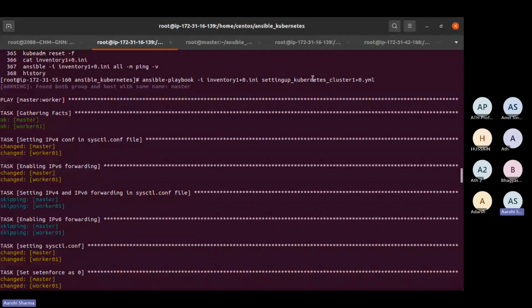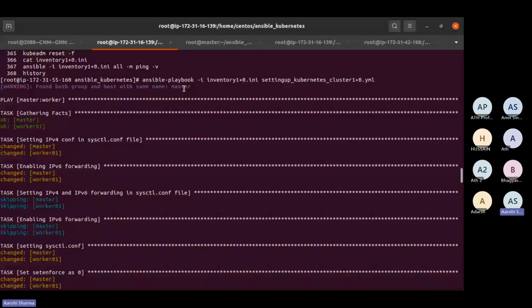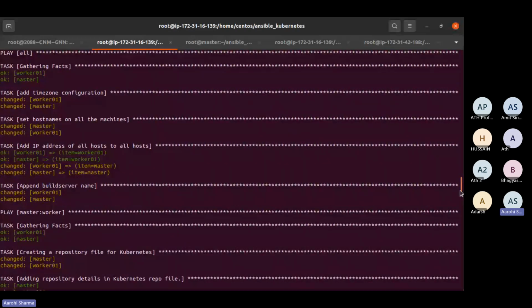Over here, we are getting this kind of Ansible output. What I'm getting is play master worker, then task gathering facts, then setting up IPv4, meaning whatever we set up with your prerequisites, your local registry, then your config master worker. All the YAML files we have, this is their output in the form of Ansible, then setting up the systemctl.conf, setenforce. Please try to do this and you should get this kind of output.